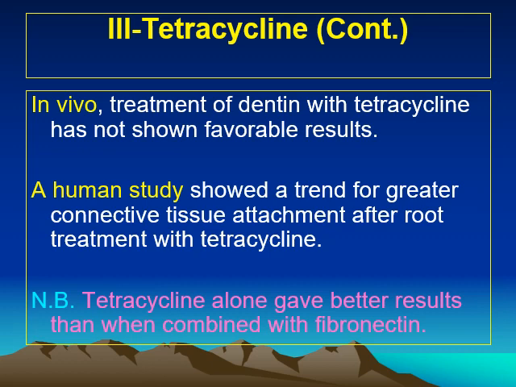In vivo treatment of dentin with tetracycline has not shown favorable results. A human study showed a trend for greater connective tissue attachment after root treatment with tetracycline. We have to notice that tetracycline alone gave better results than when combined with